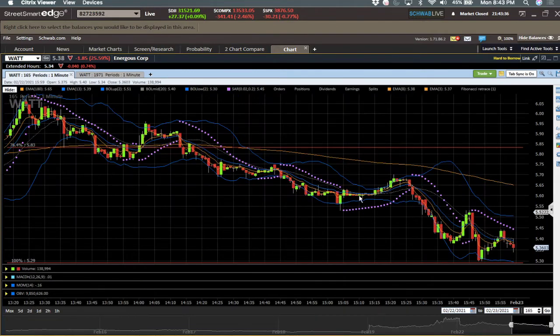Now, if we're looking at this beast, we can see the main thing I use is the parabolic SAR, these purple dots, the Bollinger Bands, which are these twin looking blue lines. I use a bunch of EMA lines, and then these red lines, I've already thrown this out there. These are Fibonacci retracement lines. I use these almost daily. These are great inflection points, and